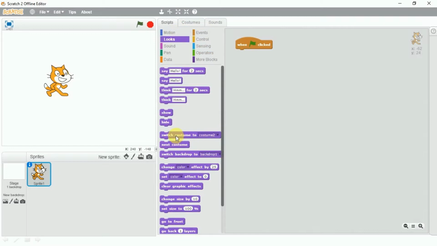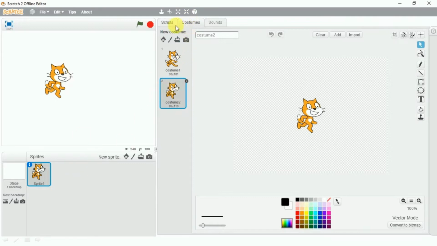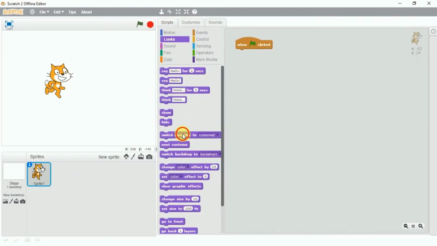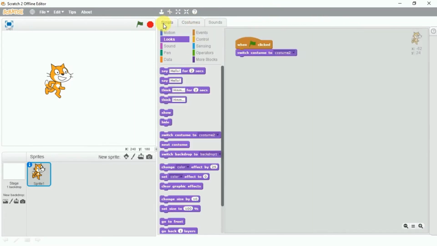If we want to switch the costume, you just see we have chosen one sprite and we have got 2 costumes of this sprite. Just see, it is in some motion. Now if we want to switch the costume, we have 2 costumes, and their names are also there, costume 1 and costume 2. Let's go back to the script area. It's not clear now, so let me make it more clear.